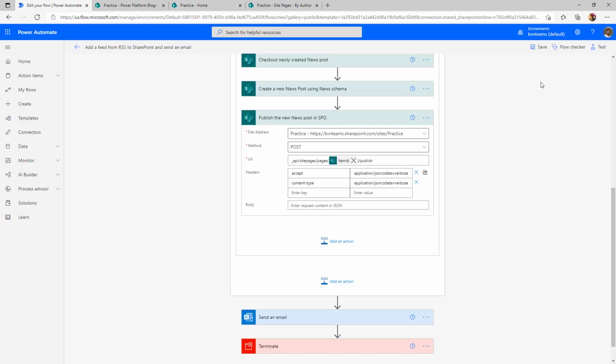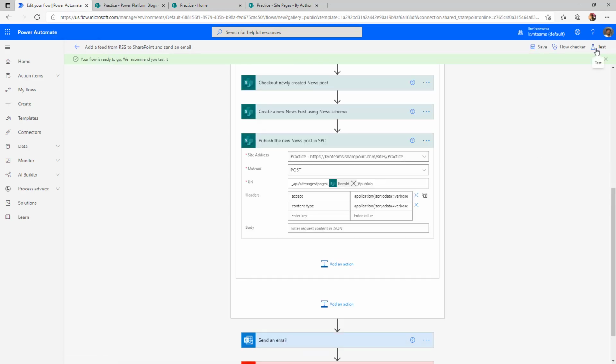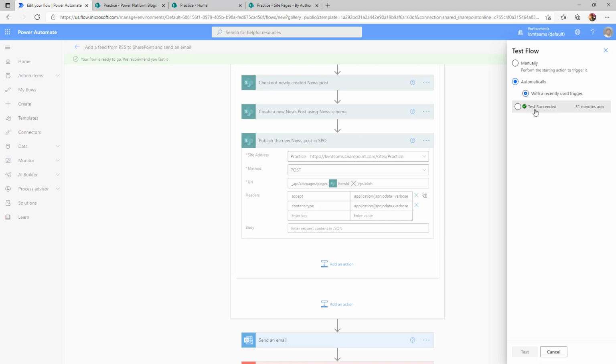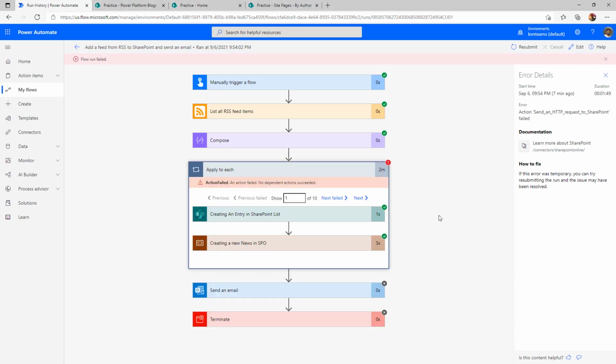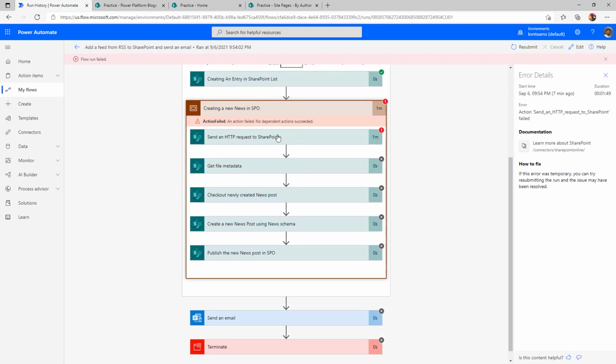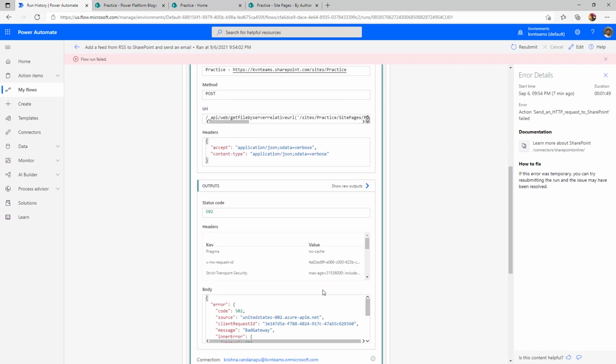Go here, save the flow. The flow is ready to trigger, and then click on test automatically with the recent test scenario. Click on test. Okay, the flow got executed, but it has some errors. Let us go and examine what the error is. When we see the error as part of this, and when I expand this send HTTP request, it shows me the error as